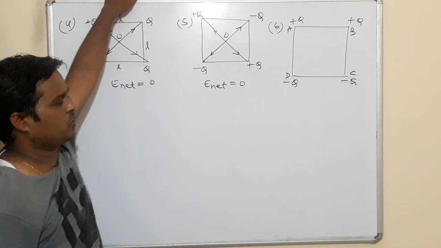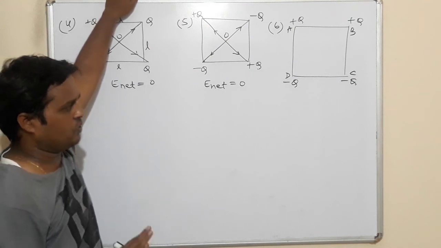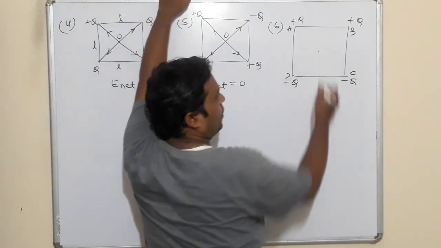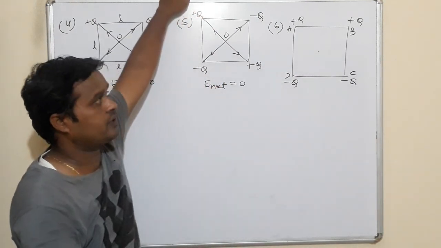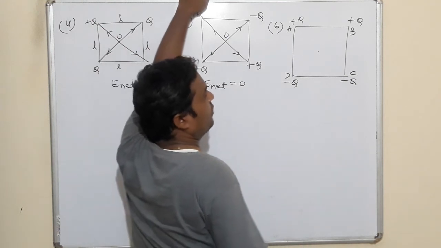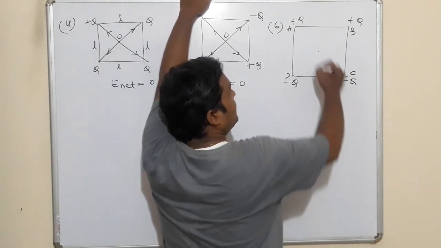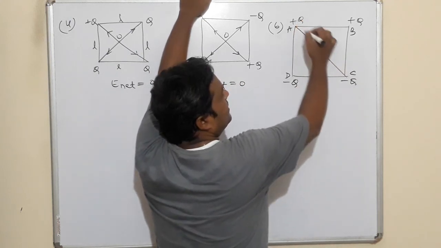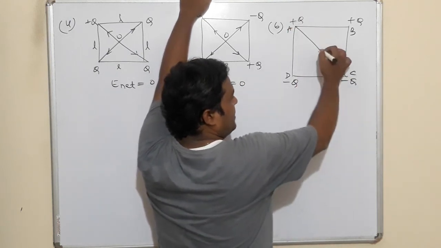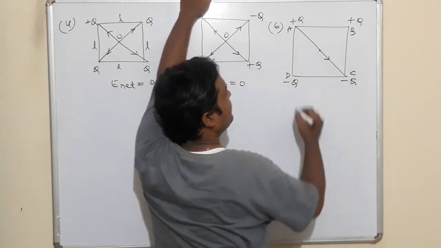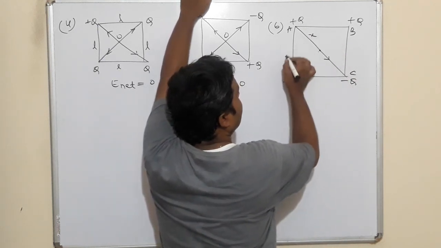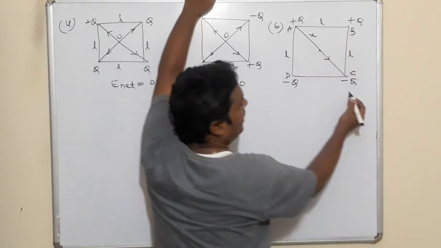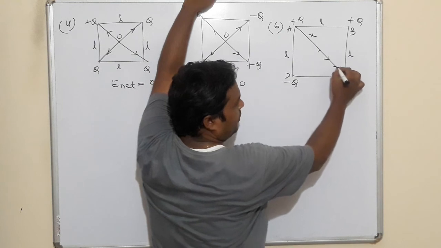Then I have told you, suppose, whether net field will be 0 or not. If it is not 0, you have to find it. Okay, at the center I want to calculate. Again you see the directions. Direction is very important while calculating the net field. Along this diagonal, electric field due to this charge will be in this direction. Let us say this distance is x. If this side is L, we can calculate this distance also.